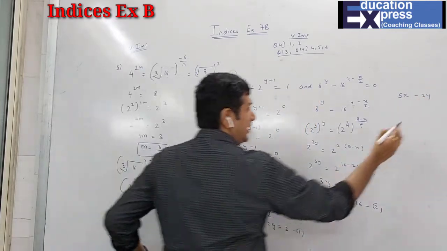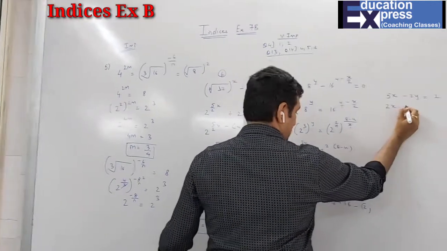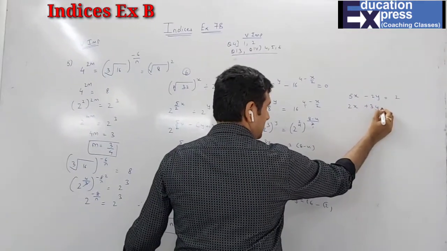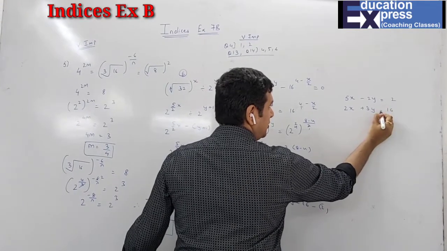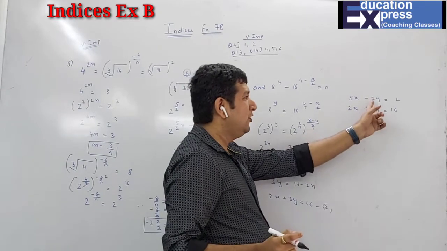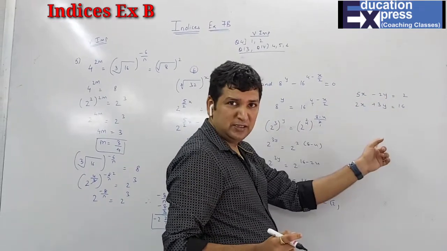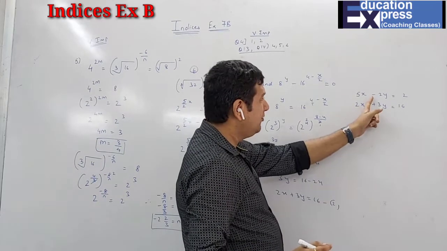two equations, we can solve them with simultaneous equations. So I'll just do a small brush up for this. Here, if I am to use simultaneous equations, I'll make the coefficient of any one particular variable the same. Either the coefficient of x the same or the coefficient of y the same. I'll go for the y because they already have opposite signs.